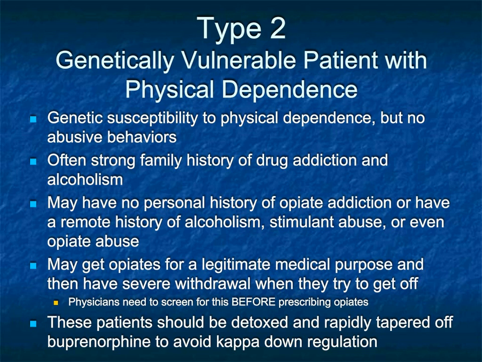And then all of a sudden they are very vulnerable to this physical dependence, and they have very, very serious trouble getting off of it, so we get referred, and then we try to get them off as quickly as possible and get them off buprenorphine as soon as possible, just to get them through it, because I don't want to get the kappa downregulation problem where all of a sudden you're going to have a chronic ongoing post-acute withdrawal from that. And that does take a little while to occur, and I think that is a problem with buprenorphine,